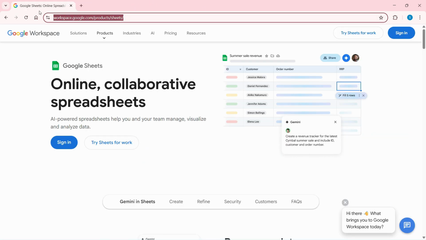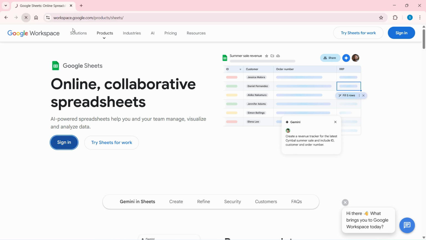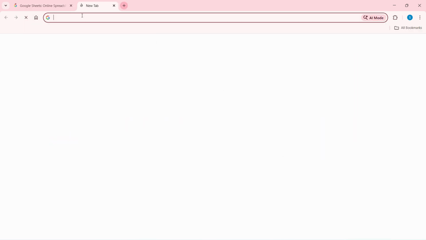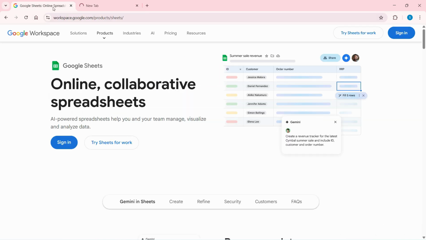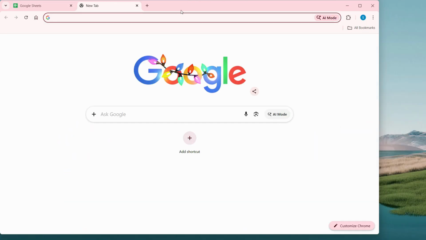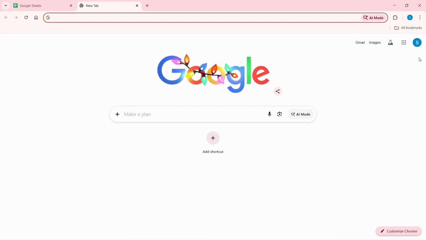So this is the most convenient way. You can just simply write sheets.google.com. So next time, whenever you want to access it, you just write sheets.google.com. That's it. One other way of accessing that is, since we have already signed in to our Google account in the browser,